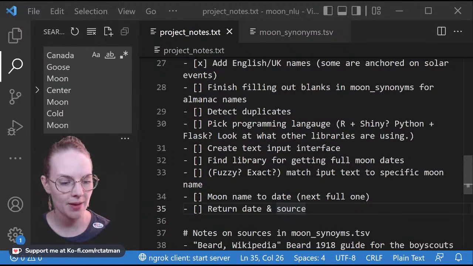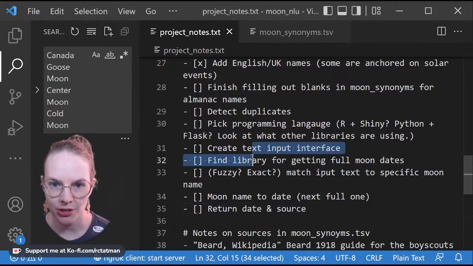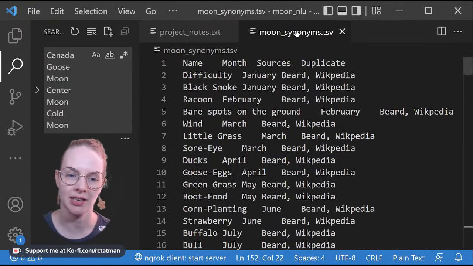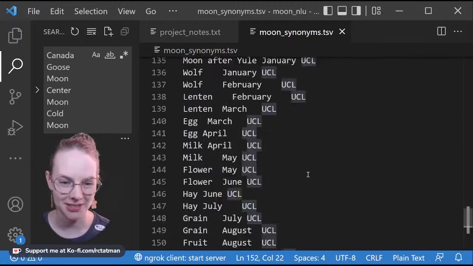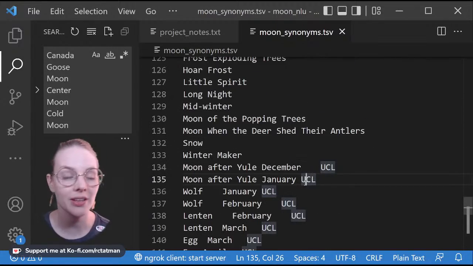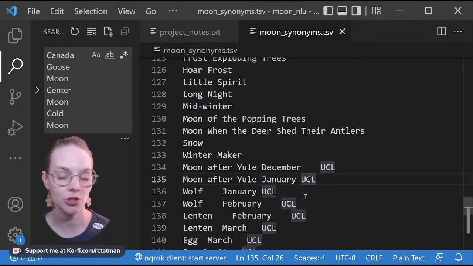So that's what I got. I think we made pretty good progress. I think we've done pretty good scoping. We've done a lot of the tedious work of getting these various names, and I'll tell you right now, this is not even most of them, but hopefully it is enough that we can do a serious start.